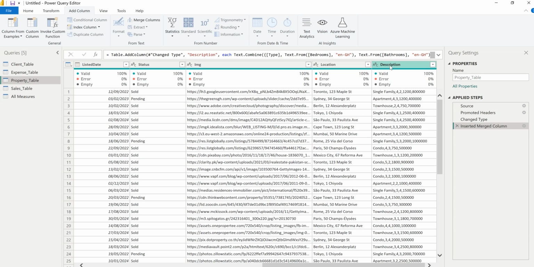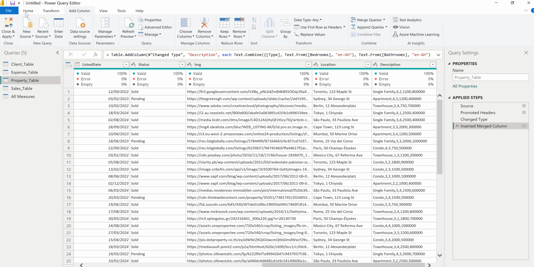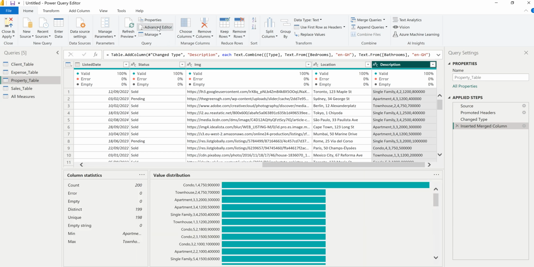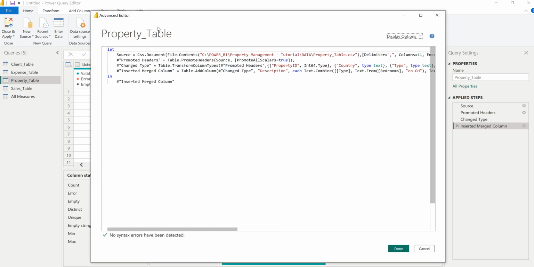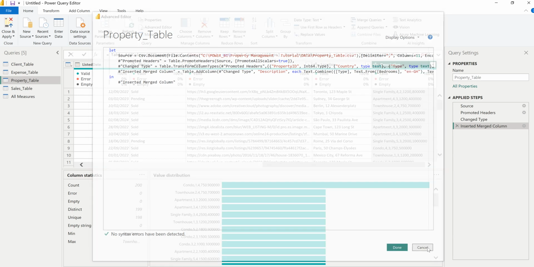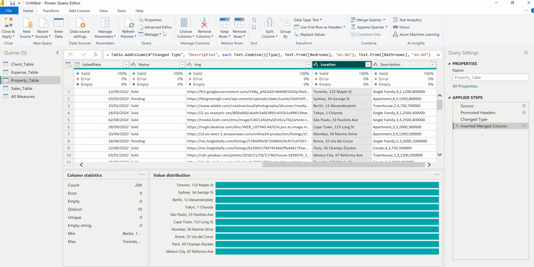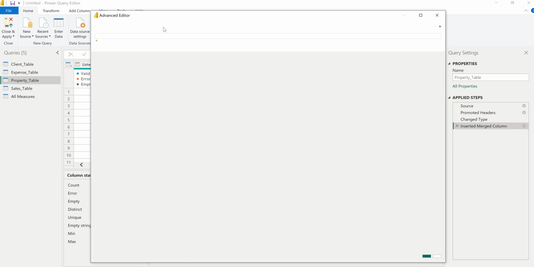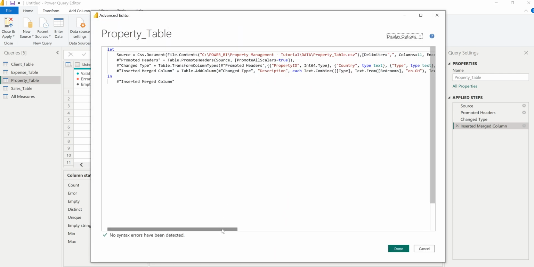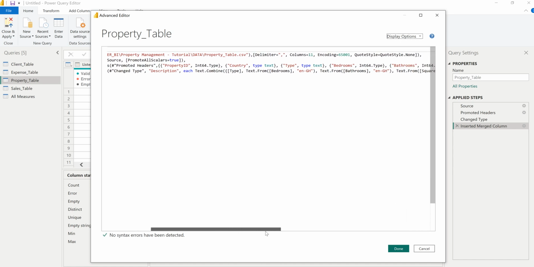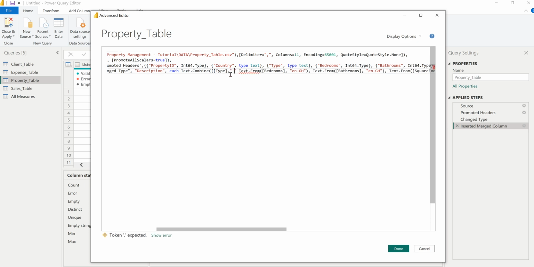I'll make sure I go to home. I'll select the column, advanced editor. I don't really need to select the column. Let me try and see. I still go to advanced editor and I get everything here. Okay, so here what I want to do is we have the type here, we have the bedrooms here. So I'll just click here and say